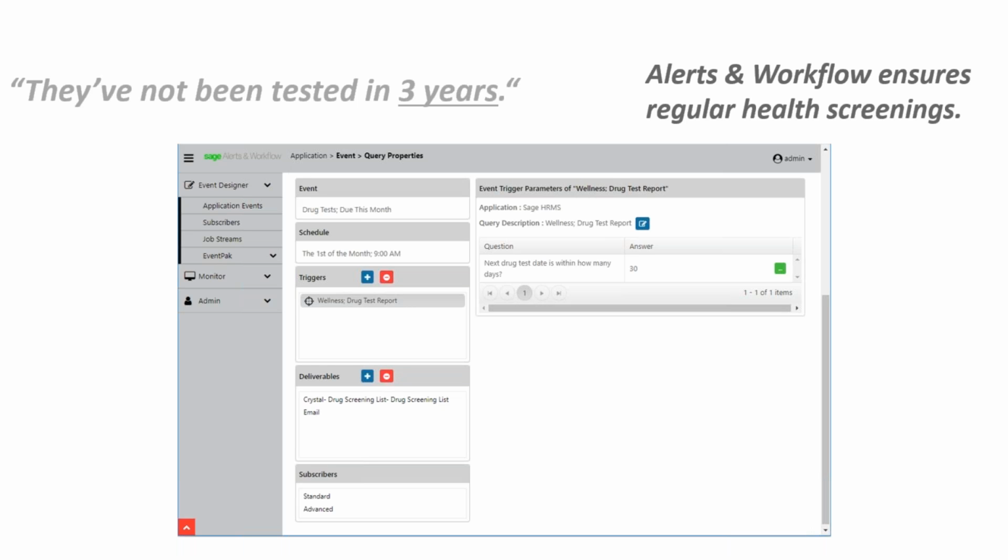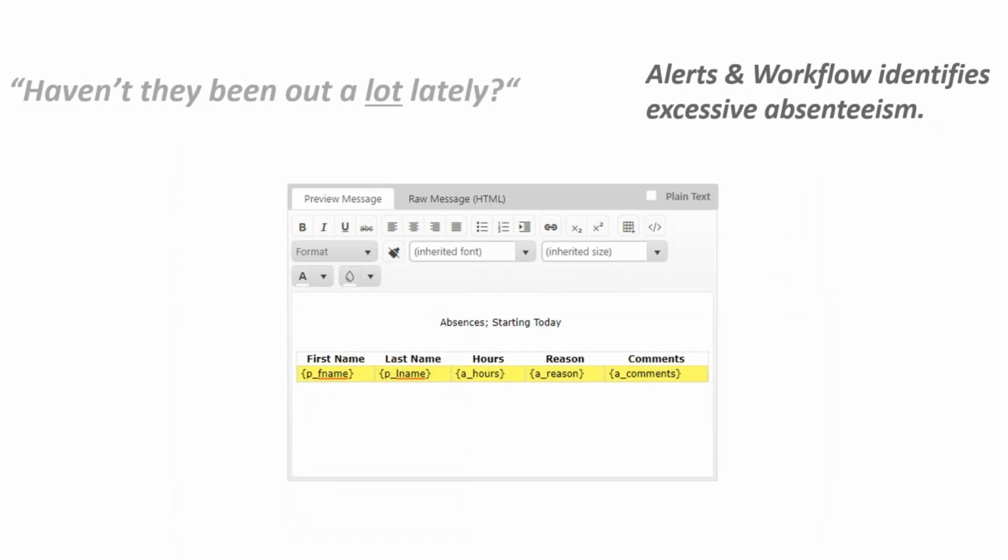In this example, health test reminders are automatically generated and delivered to all employees due for testing within the next 30 days. Now here we're looking at the actual alert message design process right in Alerts and Workflow. When this alert is delivered, the section in green will be repeated for each employee who has absences scheduled to